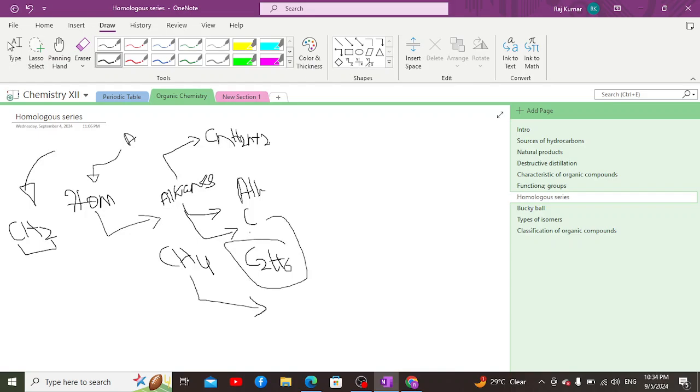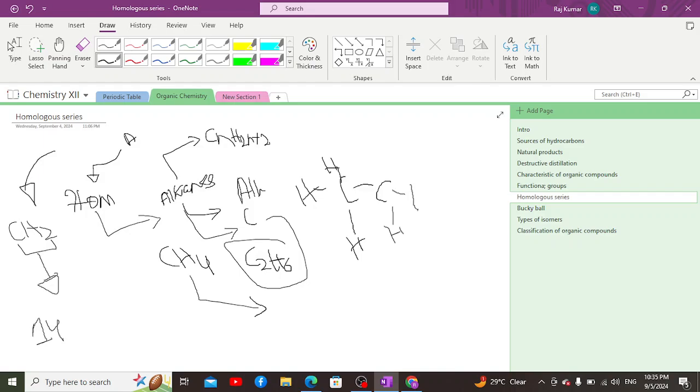We are not going into the structural formula of it. Even if we draw the structural formula, there is no such significance. It's like this: this is the structure of ethane, right? So what we have done is add the methylene group, which is CH2, and when we add or remove the methylene group, which has an atomic mass of 14 AMU,